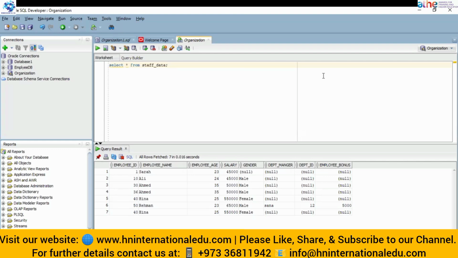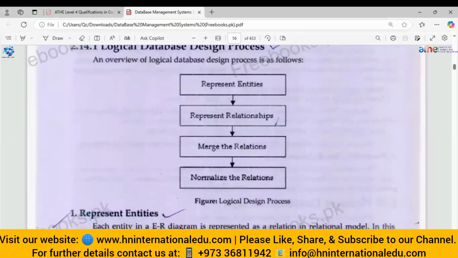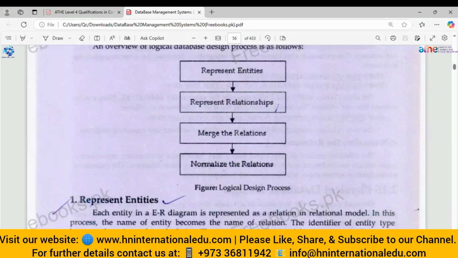So let me also show you that. This is the structure of how our database is designed. First of all, we represent the entities, which have some properties. Then we define the relationships, meaning how these entities are linked with each other. What is the relationship between all of these entities? Then after that, we merge the relations, deciding which relationship should be merged with which entity. And after that, we normalize the relation, which means we remove the duplication of data from those entities. Just like here,